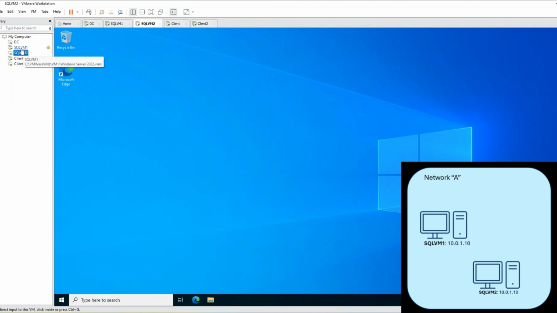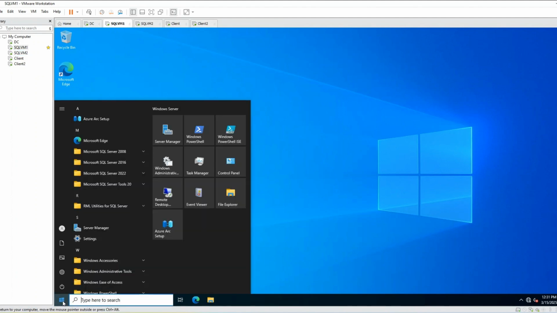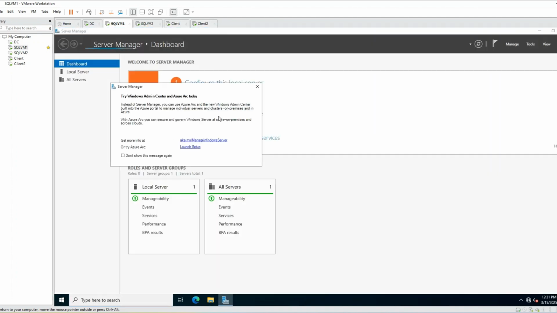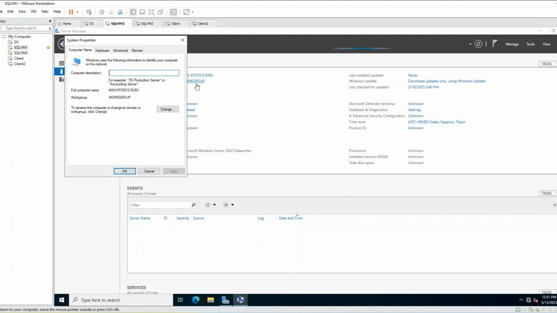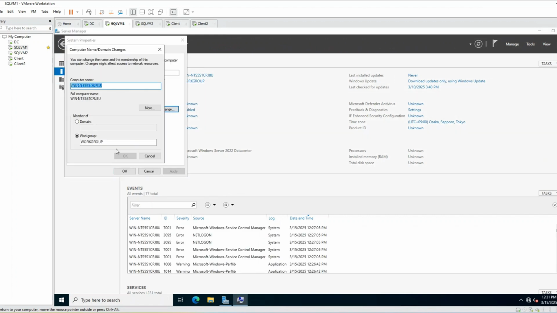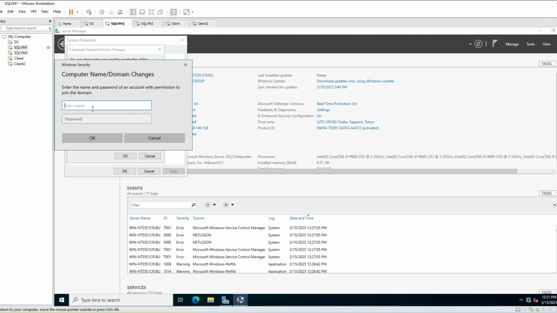First of all, SQL VM1 and SQL VM2 are not part of the domain. Therefore, I go to Server Manager and add this node to our domain. Change domain, and I will insert our domain name, mydom.com. Click OK. Then we should add